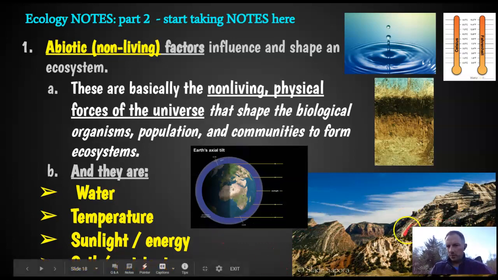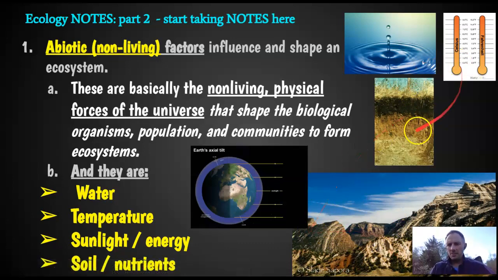Here's a picture that I took over in Dinosaur National Monument in Utah. Just an awesome environment. And the limiting factor here, which one of these do you think would be the most limiting in this area, or the one that things have to fight and scrap over? There's a lot of good rock there. It's all sandstone as well, an ample amount of sunlight. The temperature's pretty warm. It's water, not a lot of water there. Okay, so water has the biggest impact on the environment there, and it really shapes that ecosystem.